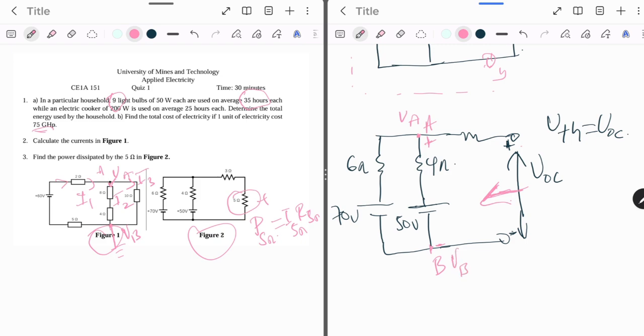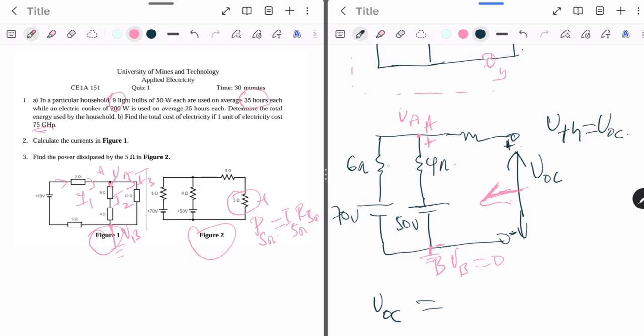By doing this, I can ground this node, so I can label VB to be 0 and have my VA. And then this open circuit voltage